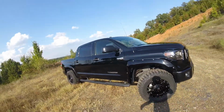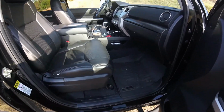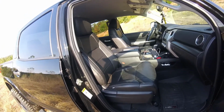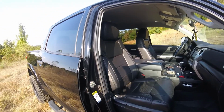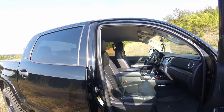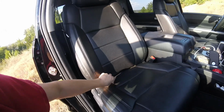And then for the interior, I'll just go in on this side because you're dealing with the light and everything else over there. The Weathertech mats all came with it about November of last year. It is now September of 2017, and in November of 2016, I had all of these factory seats taken out,